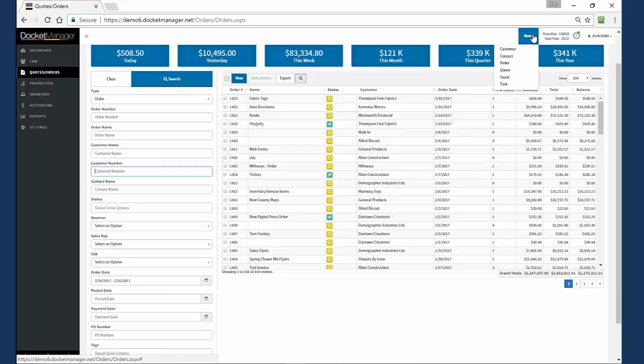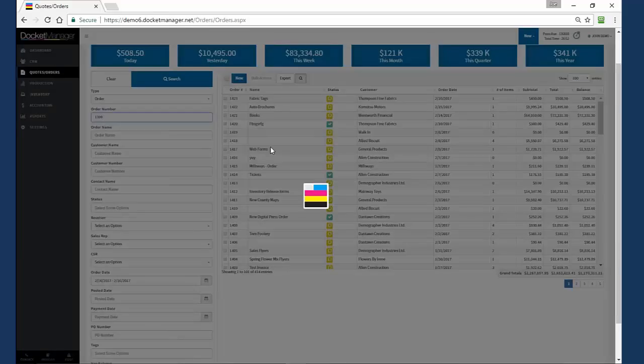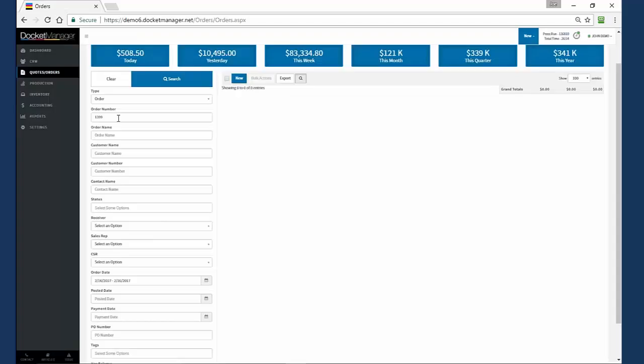I can create new customers, contacts, stock items, or tasks that are assigned to different people based on customers. So again, a lot of things I can start up in that toolbar. Let's go ahead and look at an order that I've already created today just to optimize the time. So I'm going to do that search query. Whoop, let me go ahead and